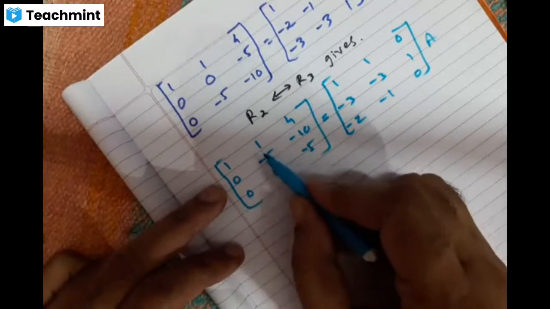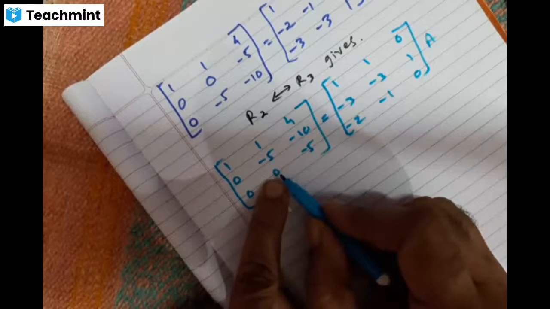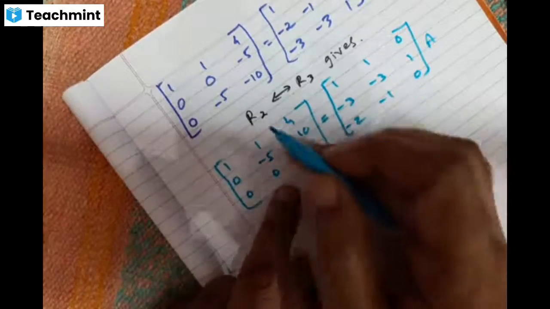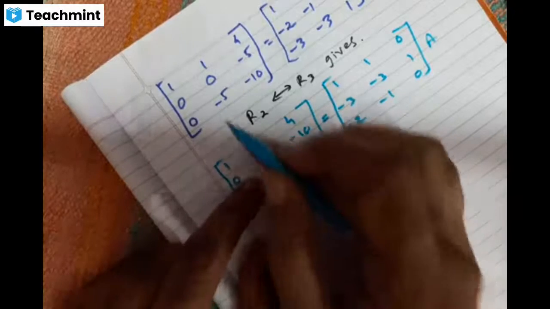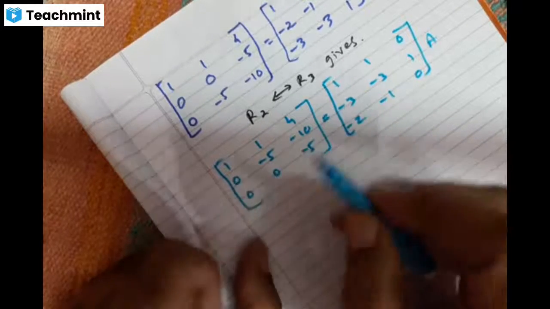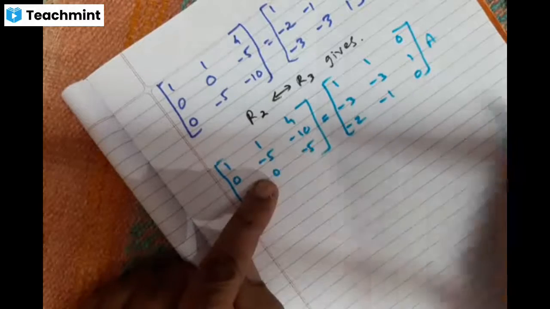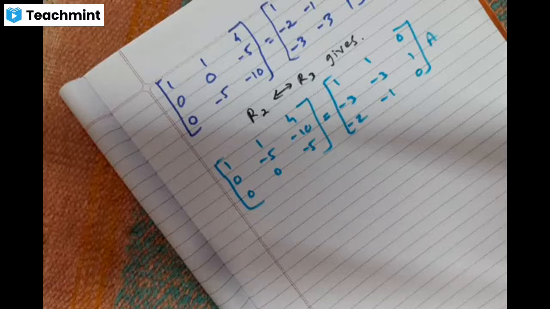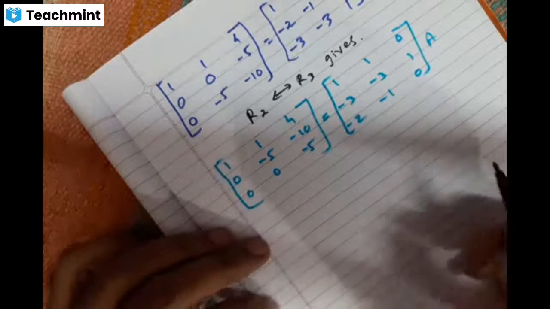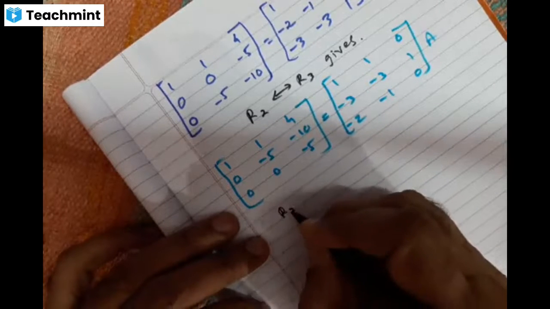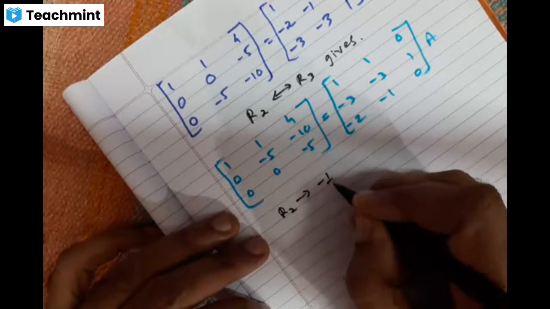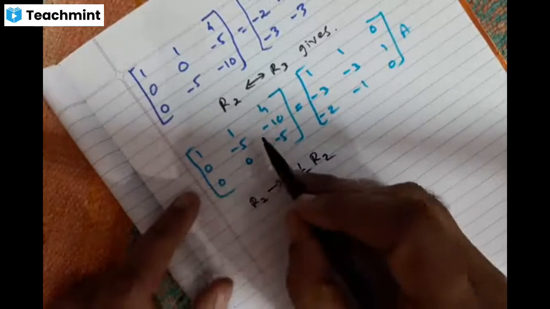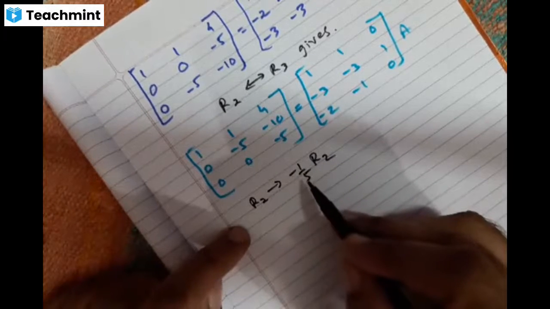See, तो क्या हो गया 1, 0, 0. Then we want 0, 1, 0. So here also I got 0, right? Now this minus 5. See, I'm going gradually. मैं सीधा यहाँ पर नहीं जा रहा हूँ. मैं first column किया. Then I think of the second column. Then I will go for the third one. Now above 0, what is there? Minus 5, no? Then the operation which comes in my mind, I can do 2 operations at a time, right? See, R2 goes to minus 1 upon 5 R2. What I am doing? Second row multiplied by minus 1 upon 5.